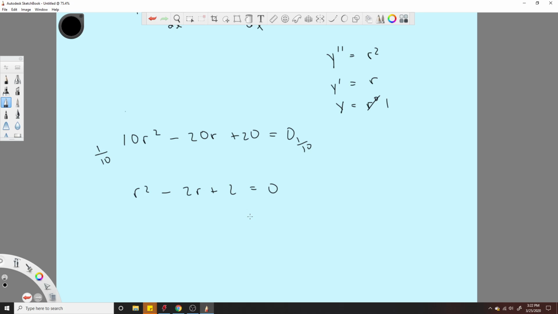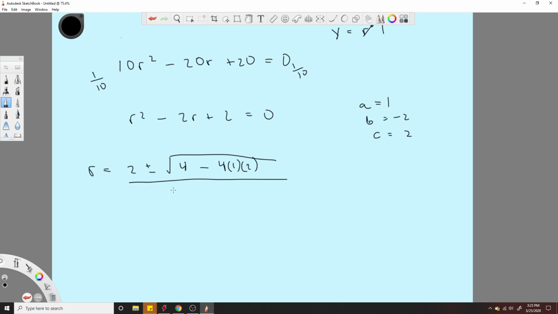So now the beauty of this form that we just put it in is that we can use the quadratic formula to solve for r. And that'll eventually lead us to our general solution. So I'll just start solving it. r is equal to negative b. In this case, a is equal to 1, b is equal to negative 2, c is equal to 2. r is equal to negative b plus or minus the square root of b squared, which is 2 squared, 4, minus 4 times a, which is 1, times 2,